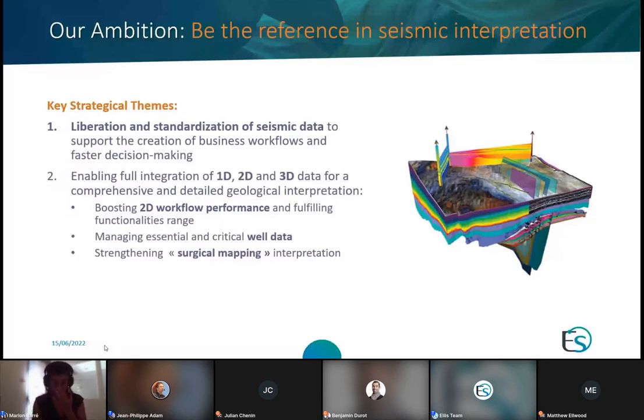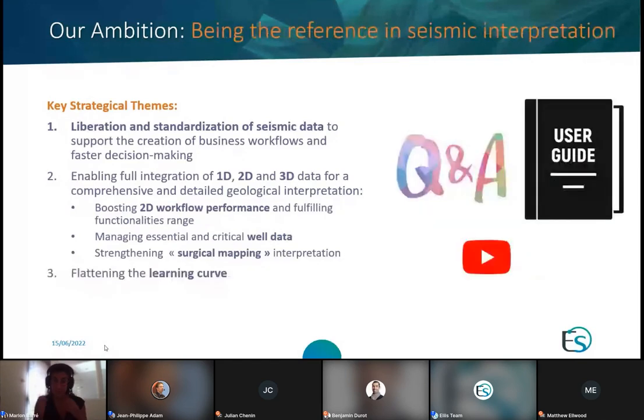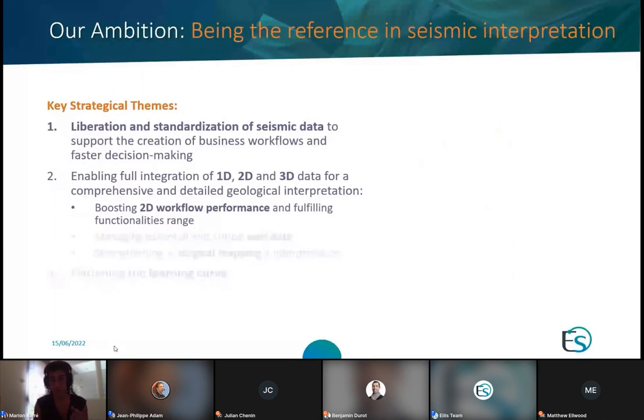CCS projects. So finally, the last theme I want to present is that we continue our efforts on user experience and how to bring closer to our customers the guidance and all the knowledge we have accumulated internally, all our small tips and tricks, workflows, how to bring this and share it with you so you can become experts tomorrow. So for this release in 2022, our efforts were focused on two main ones,